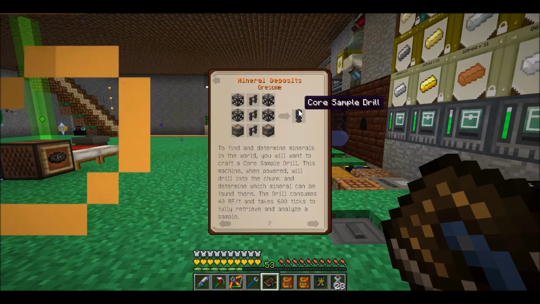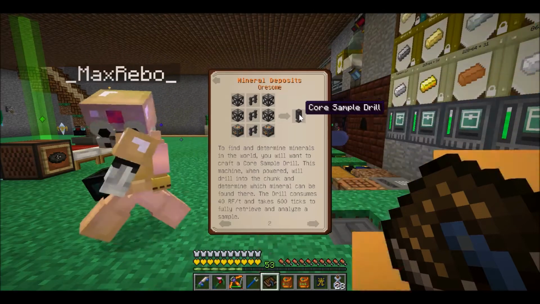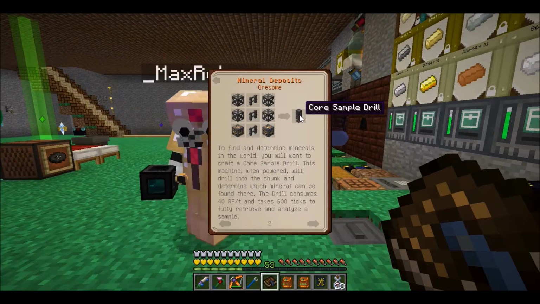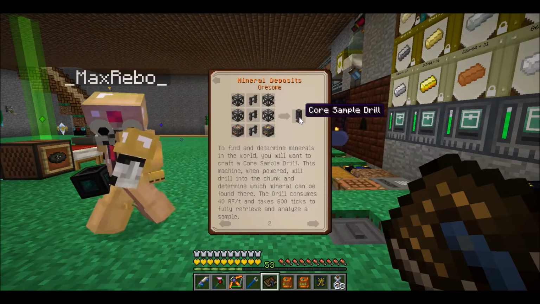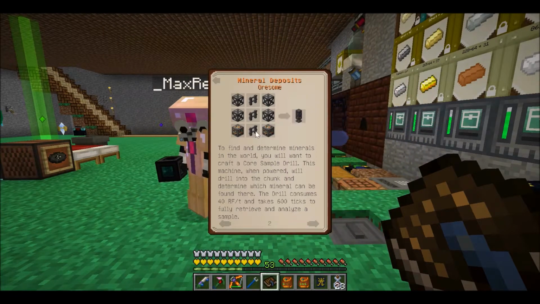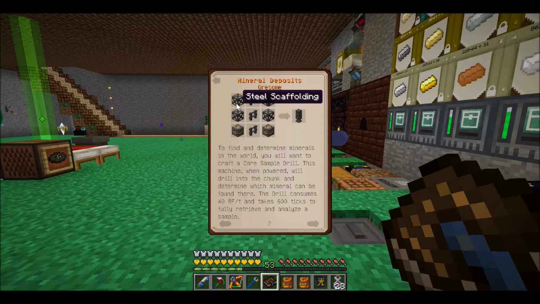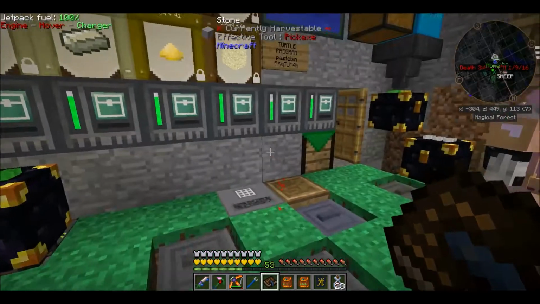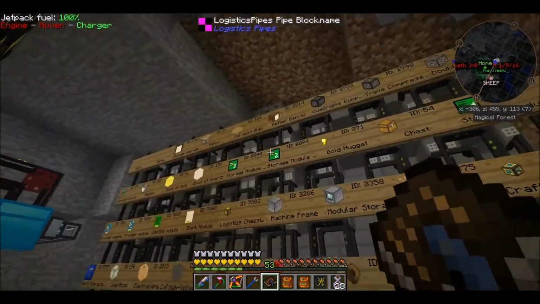If we're going to be doing any excavating, it's best to get a core sample before you actually go excavating. Okay. So we're going to need some steel scaffolding, some light engineering blocks, and some steel fence. We've already programmed the system how to make steel fence, so let's go ahead and do steel scaffolding and light and heavy engineering blocks, just because we're going to need to...